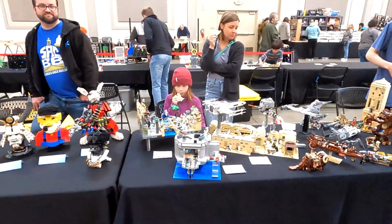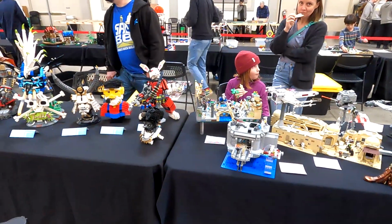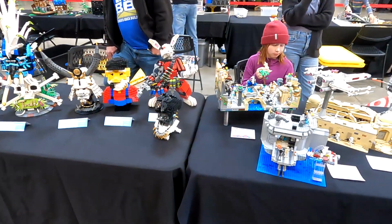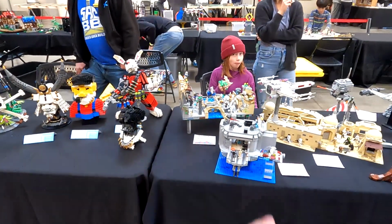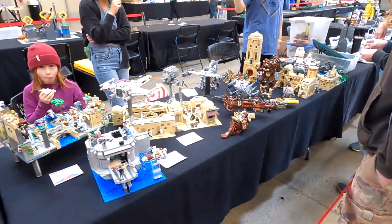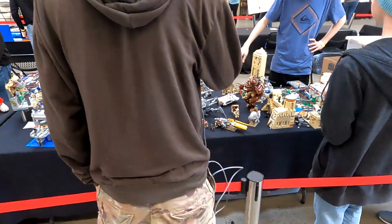Ooh, they have the Mos Eisley Cantina. Yeah, I love it. It's some really neat looking... I think that's supposed to be Kamino. I think Amy was looking around. I was just wondering where... And that would be, what, the Battle of Naboo? Because it seems like there's some real nice, a big version of the skiff. I like the little skiff. Like the little tiny one that came with the...